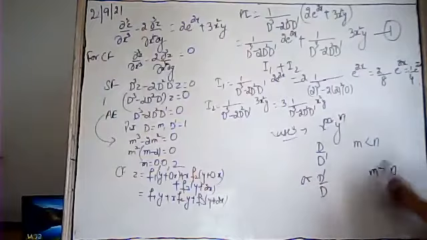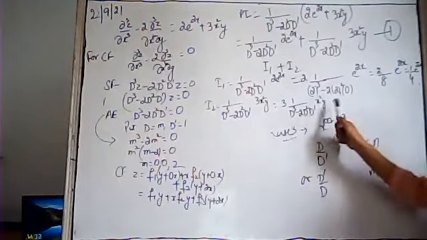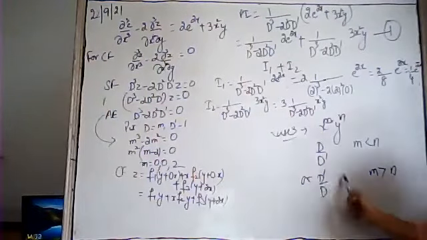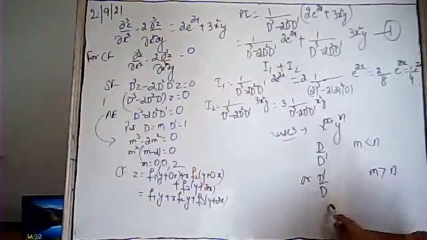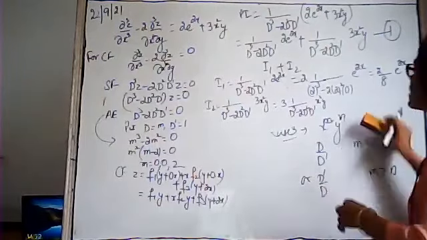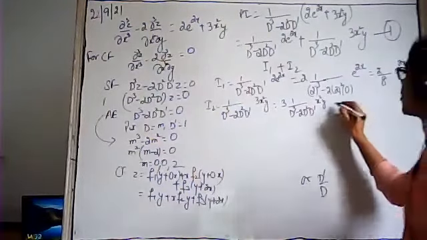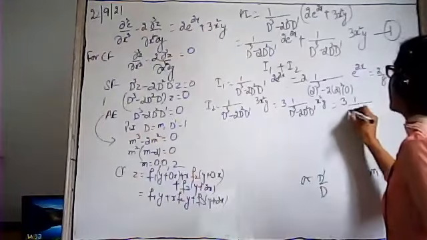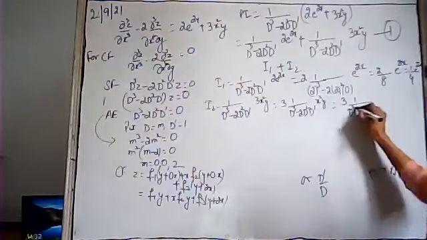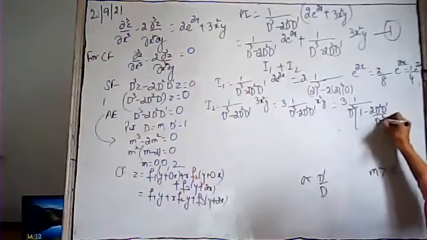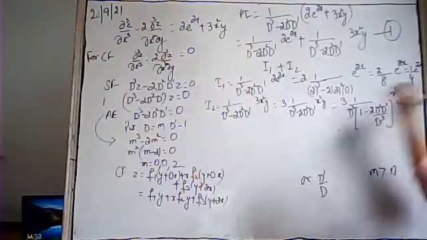Now we have written that if the value of m is greater than n, here the value of m is 2 and the value of n is 1. It means that the value of m is greater than n. In that case, in the denominator, we have to make the term as D dash upon D. अब ये D dash upon D कैसे बनेगा भाई? We have to make this form. We can take D cube common. It will be 1 minus 2D square D dash upon D cube into x square 1.